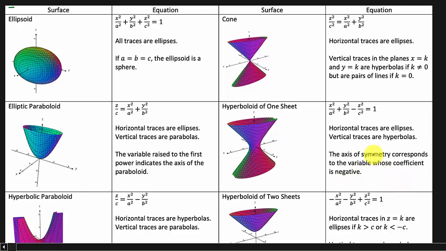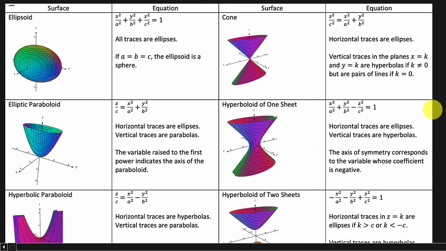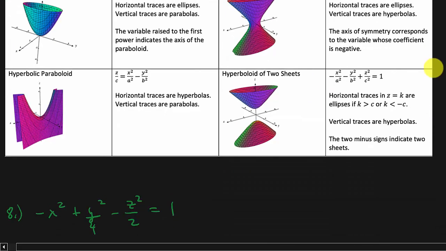So if the z was positive and the y was negative, it would run along this way. Okay, this would be tilted over like this. And then if it was the negative in front of the x, it would be running along this way. And then we have a hyperboloid of two sheets. Notice how the negatives are in front of the x and the y, and the pluses in front